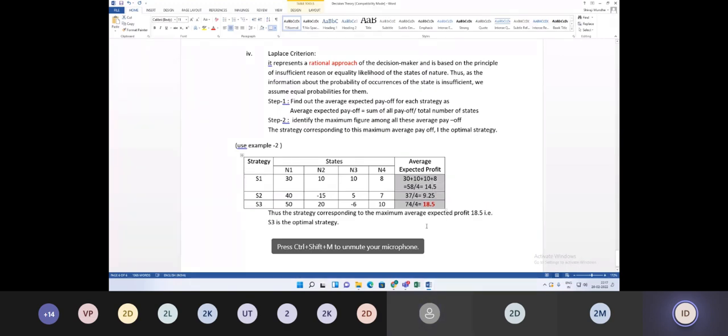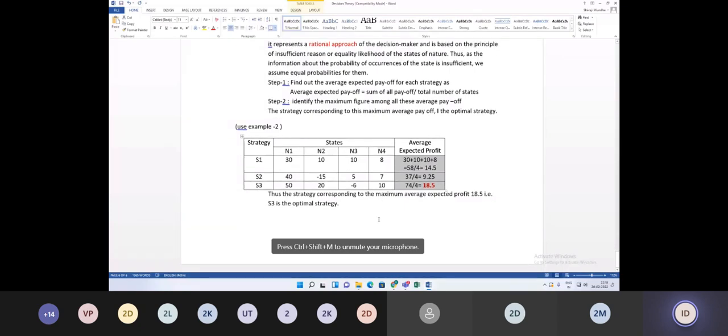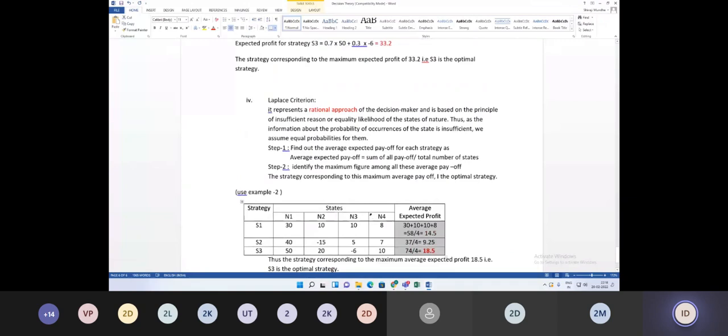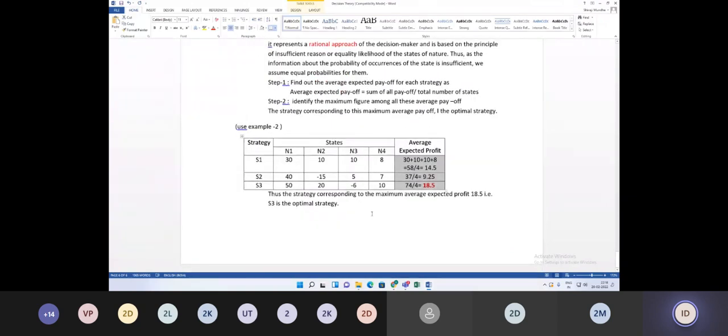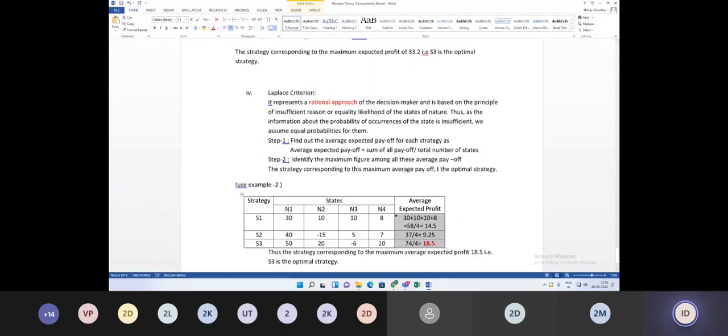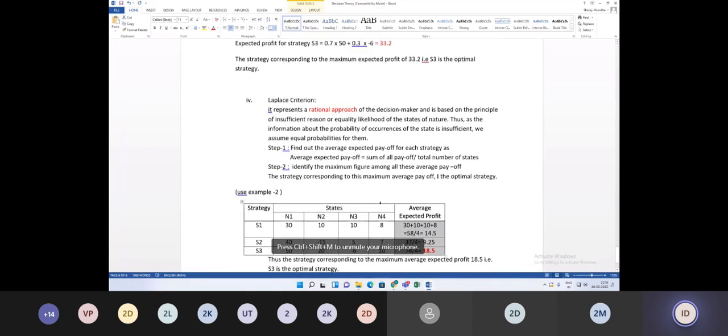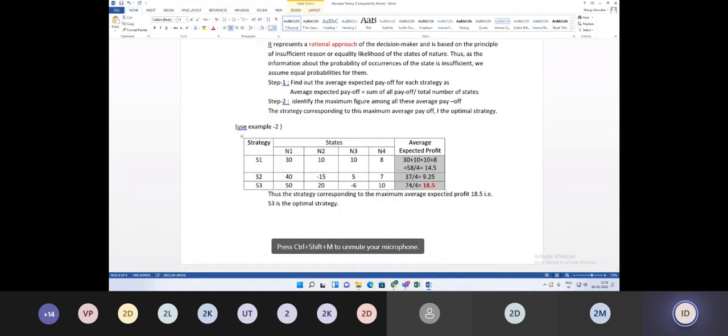Are you getting it or not? Now, here we have discussed the different criterion methods to take the decision. This is what the syllabus covers. This concept is included in your syllabus, so you have to prepare this theory with the help of this example. Then you will perfectly understand the concept of decision making.